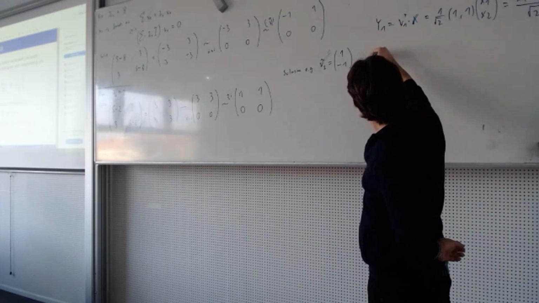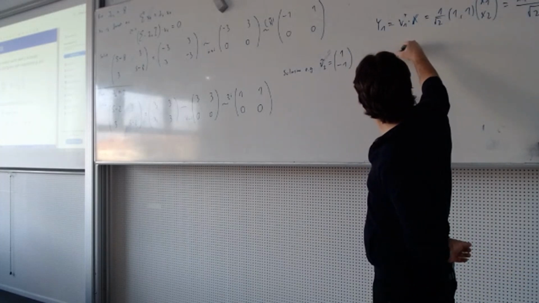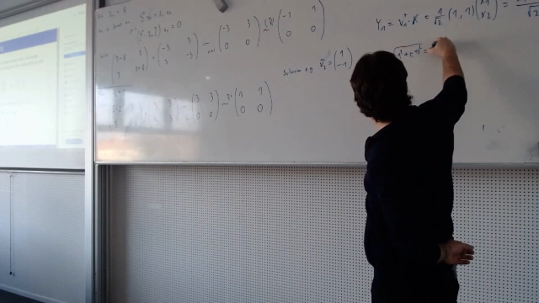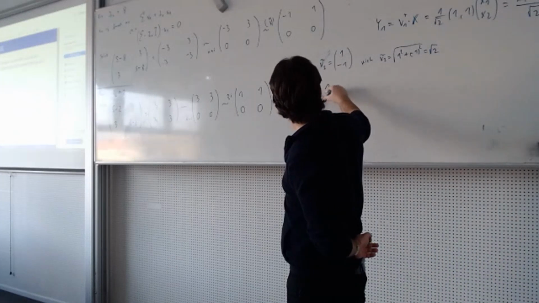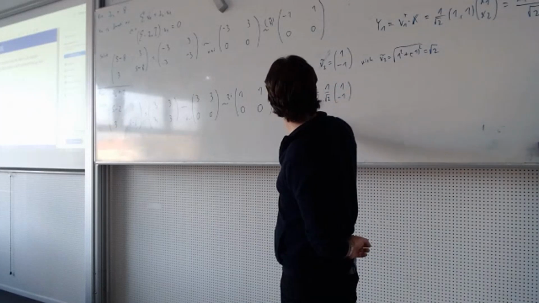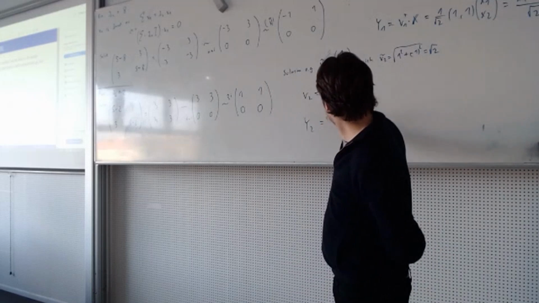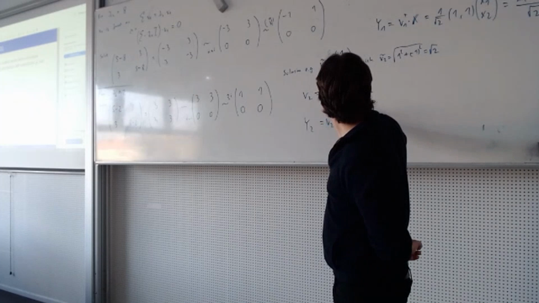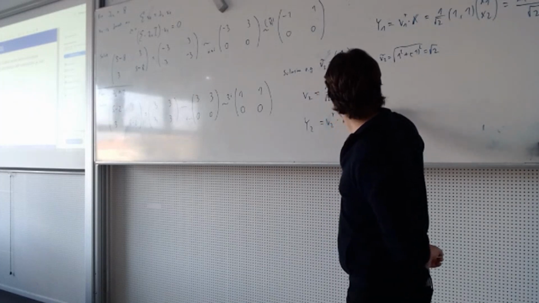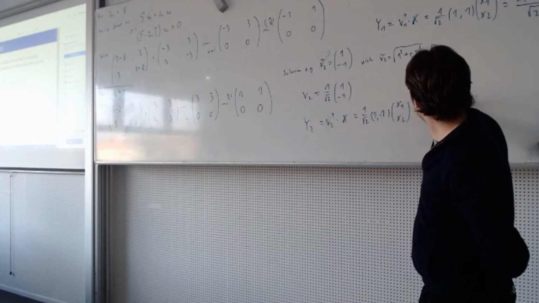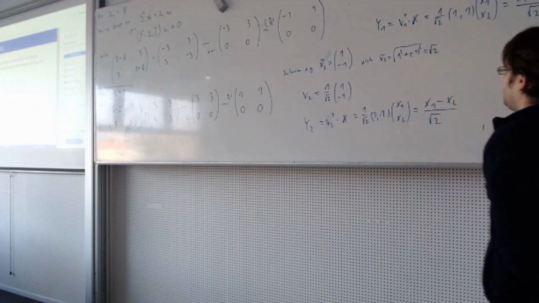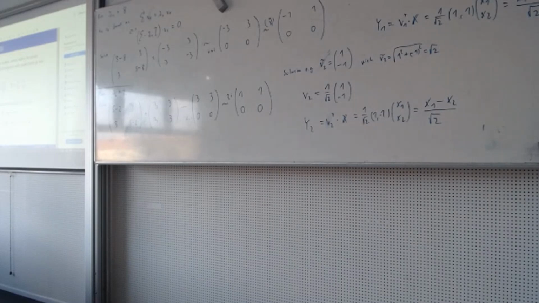And the length of this vector is the square root of 1 squared plus minus 1 squared, which is a square root of 2 again, so we get v2 is just 1 over square root of 2 times 1, minus 1. And the second principal component, y2, is v2 transpose times x, which is 1 over square root of 2, 1, minus 1 times x1, x2, giving us basically x1 minus x2 over square root of 2. Okay, so we have y1 and y2,